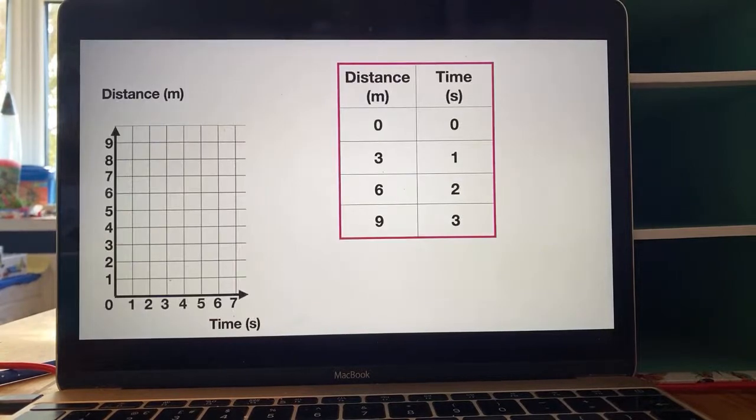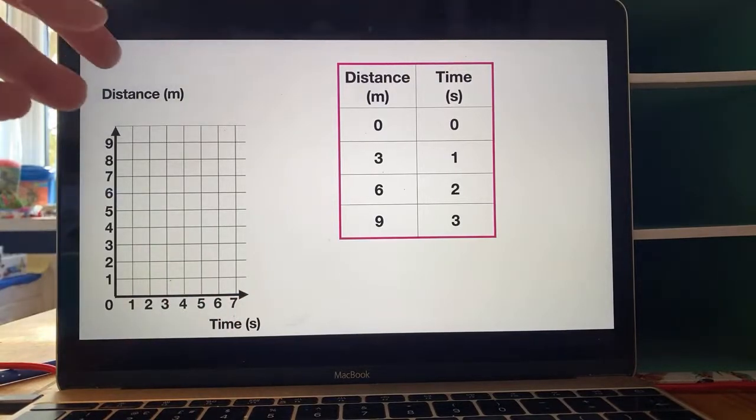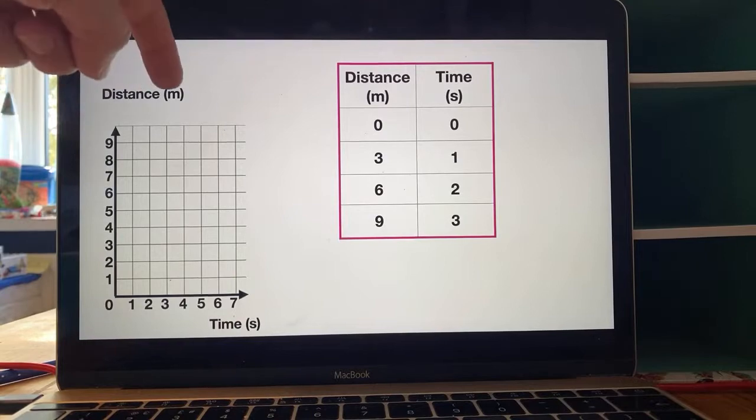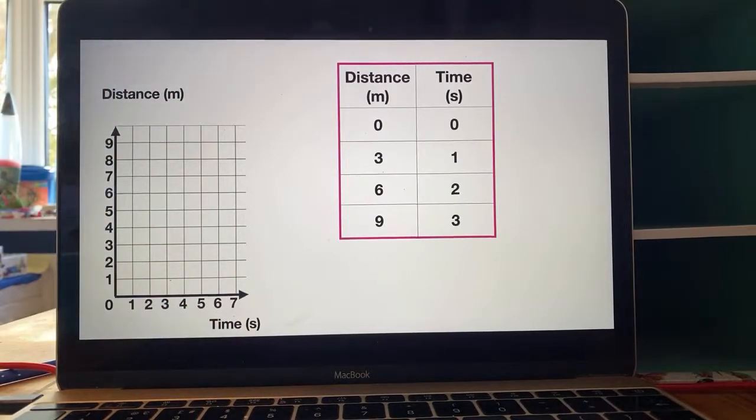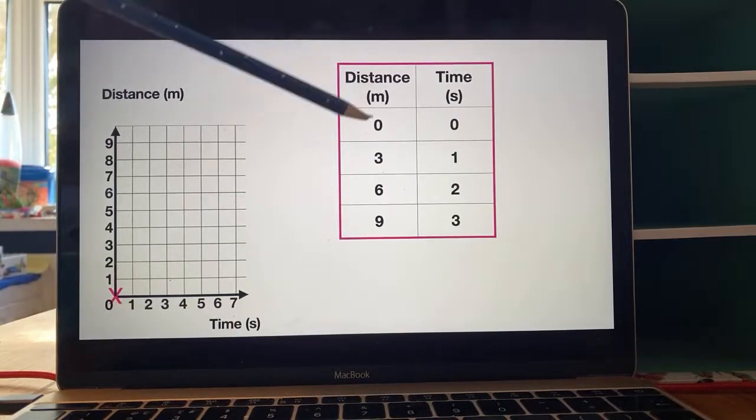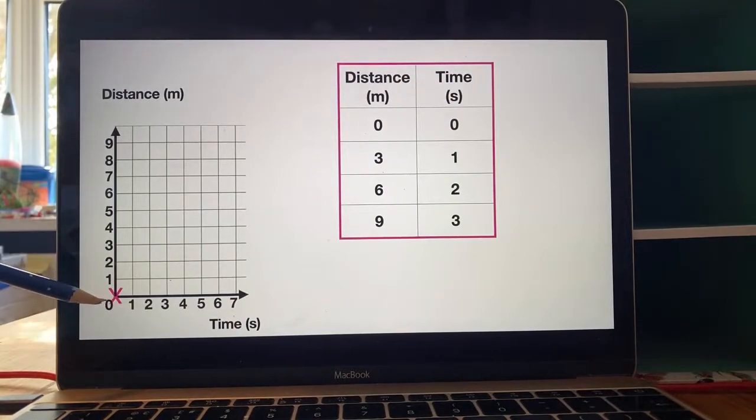So, for the first one, obviously you've got to make sure that your axes can manage all of the numbers. So I've put my distance going up to 9 metres and I've put my time going up to 7 seconds. I did just say to sketch it, didn't I, actually? So if you haven't put in your labels and your units, I suppose that's fair enough. But anyway, if you plot those points, you've got 0 and 0. 0 time passes by, zero